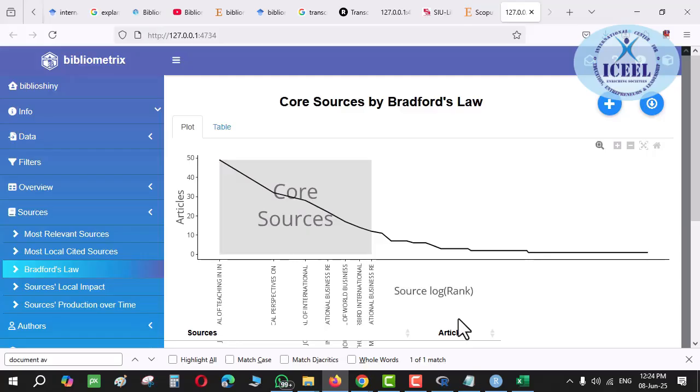If you divide the people into three segments, then the richest ones will be a very few handful of people. The mid part, a little less, and those having an average income or poor will be a very large quantity. So Bradford said the same thing. The number of journals will be in the ratio of 1:n square. It would take me a very long time, half an hour, to let you understand, but simply try to understand that the ratio of the journals is in 1:n square proportion. What does it mean and how is it going to be used?